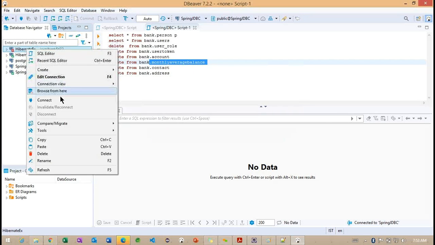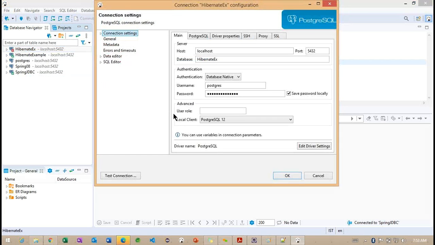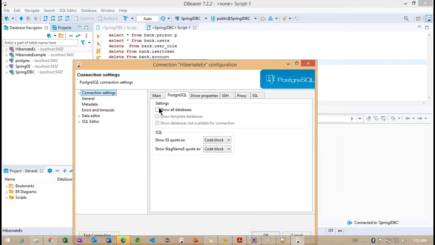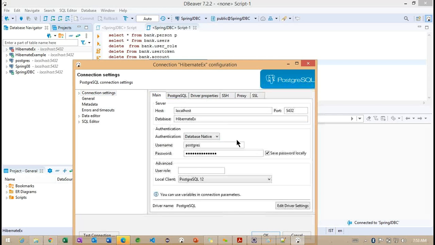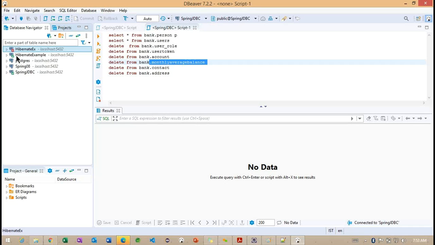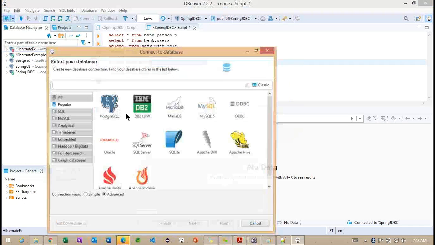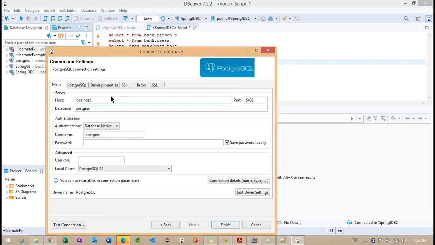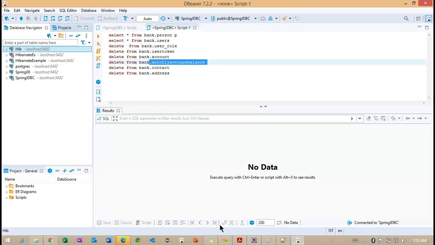What happens here? Why is this database not created?